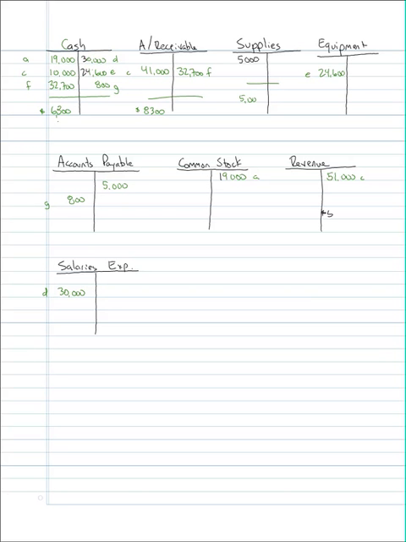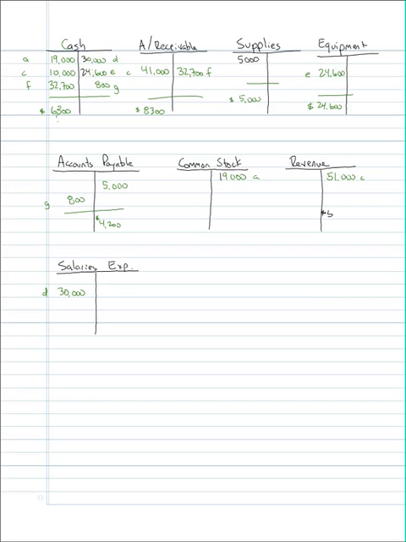Supplies and equipment, we don't have to do any calculations. Accounts payable, $5,000 credit, $800 debit, gives us a $4,200